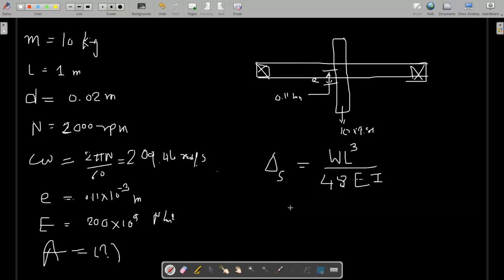So W is the weight, that is 10 into 9.81, and L is 1 meter, so 1 cube, divided by 48 E, that is 200 into 10 raised to 9,